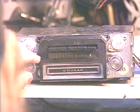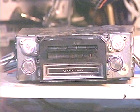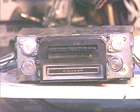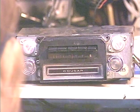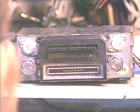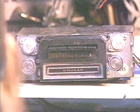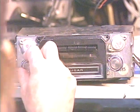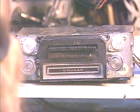So we'll just give it 20 seconds to make sure that the radio does come back on the way that it's supposed to. And again, the only reason that I'm not making it so that the radio comes back immediately after pulling the tape out is because I would have to add some wiring to a board that may have already been damaged and it's out of warranty. I don't want to be the last guy who had the unit before